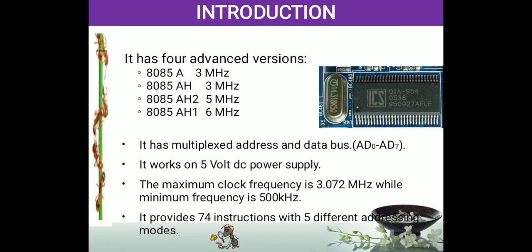Okay, next, these are the different types of 8085 microprocessor. It is the A type, AH type, AH2, AH1, like that. It depends upon the speed and some specifications, it will change. Normally in the 8085 processor, more or less the structure, architecture and pin configuration are the same. Okay, next thing,